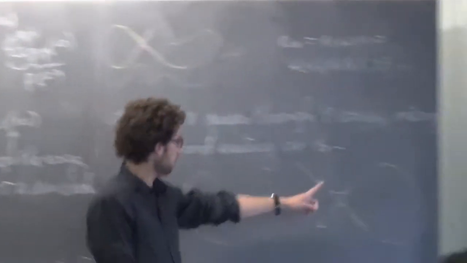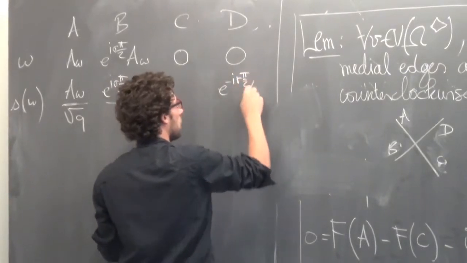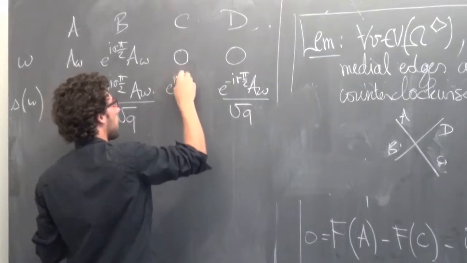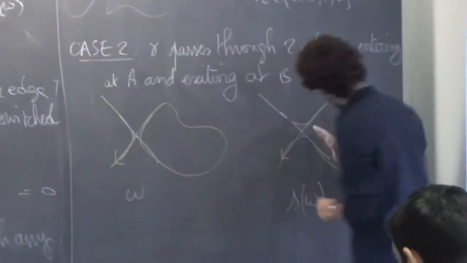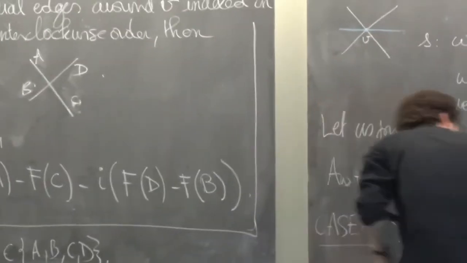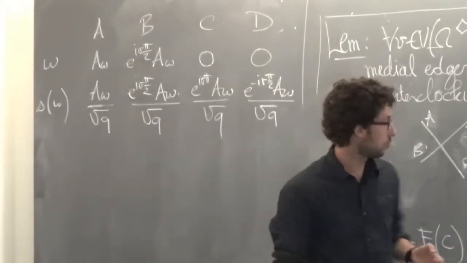Here, this term has one pi over 2 turn on the left less than before. So it's going to be e to the minus I sigma pi over 2 A of omega over square root q. And here it's going to be e to the I sigma pi A of omega over square root q. You can check because there is one less left turn than here. So I expressed everything in terms of A of omega, and now I just have to sum everybody. So I do the right linear combination, and I